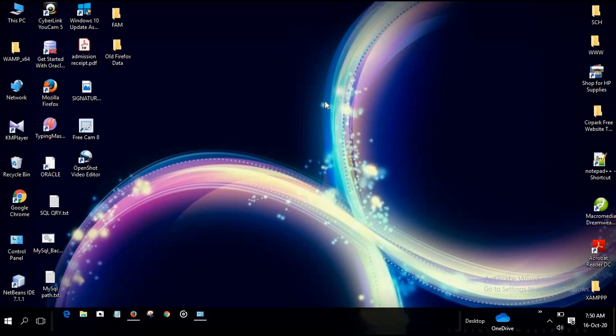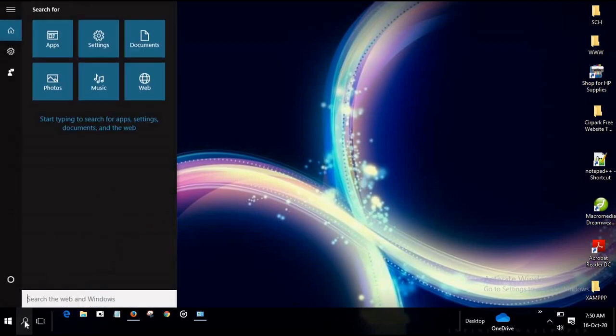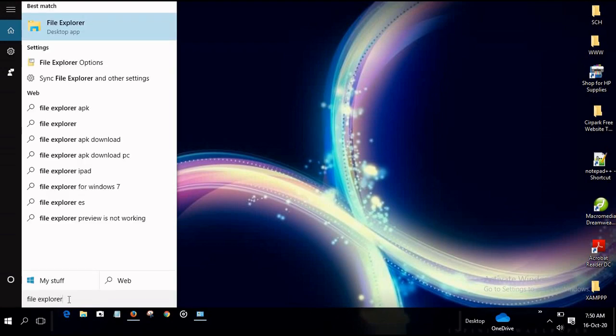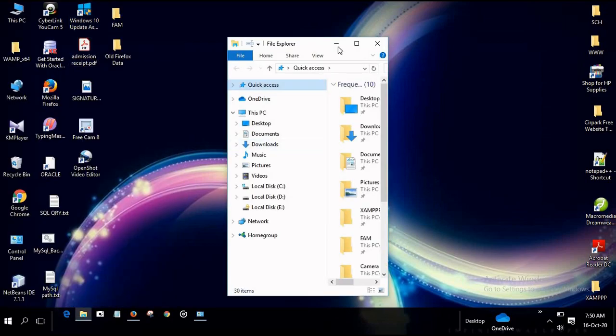Other than this, you can also check by opening File Explorer. File Explorer, click on this.